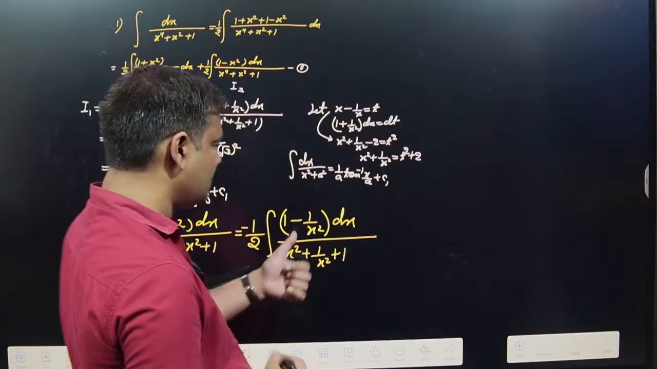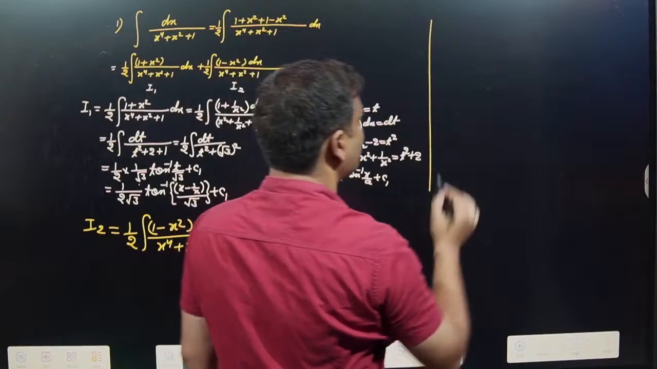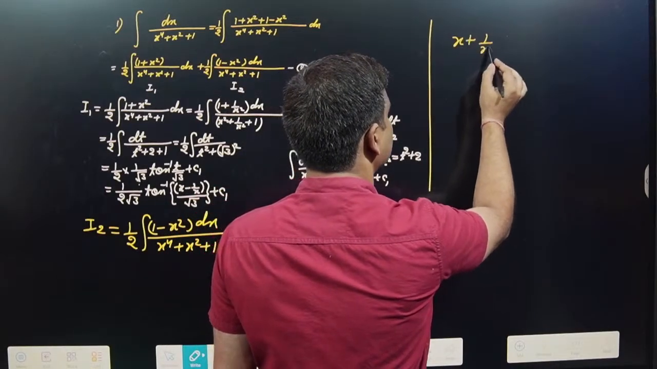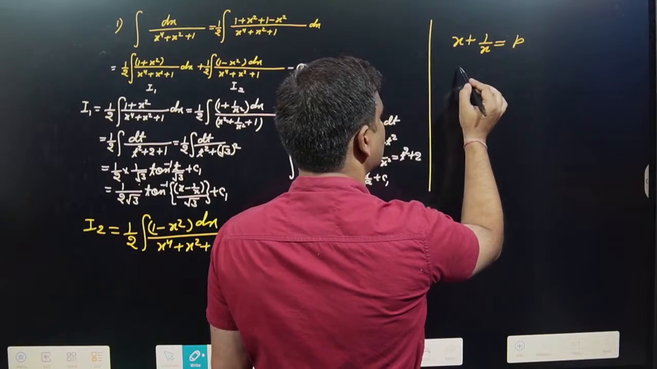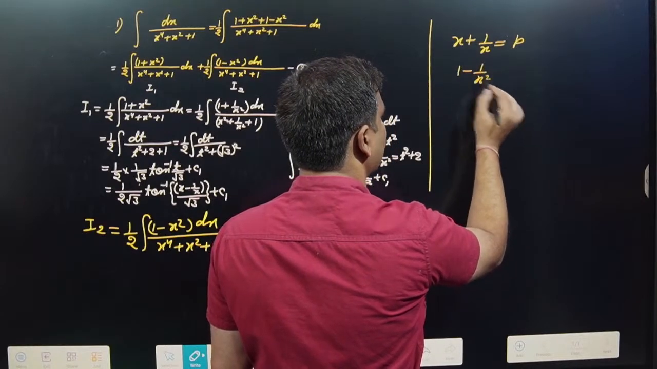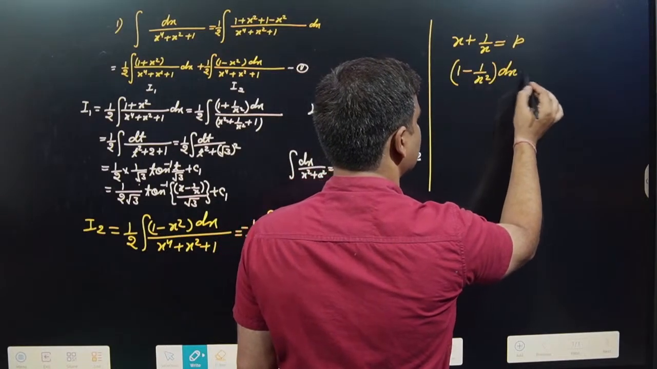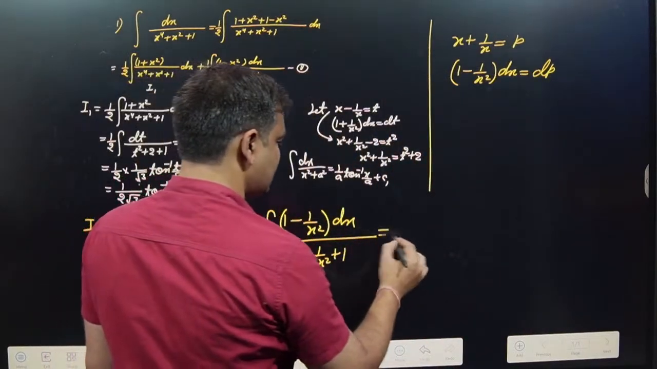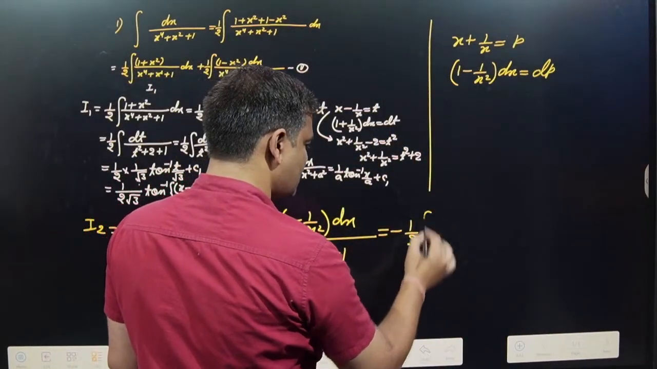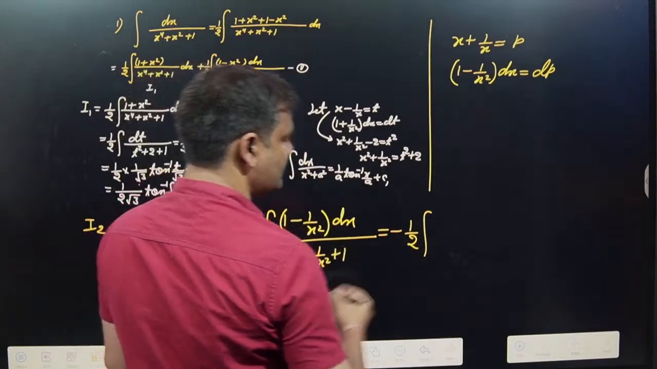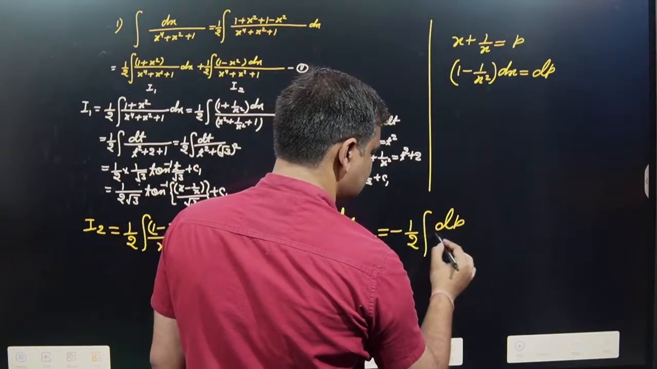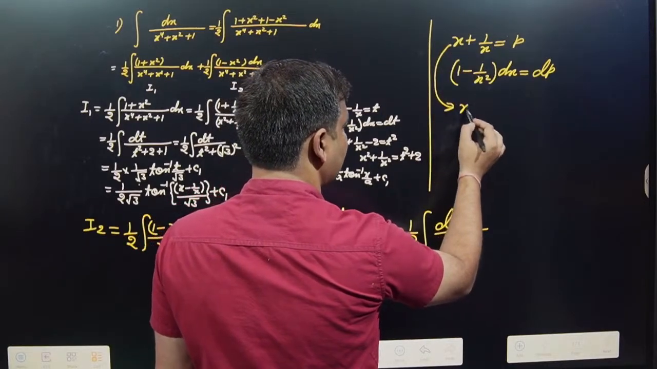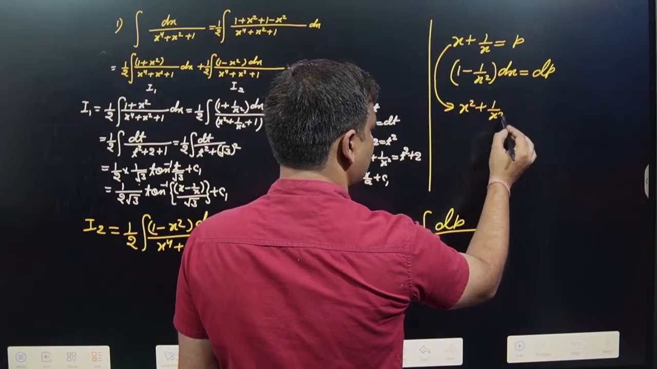Now look, x plus 1 upon x, this is equal to p. So 1 minus 1 upon x square dx replaced to dp. Okay, so you can say that minus 1 by 2, that one replaced to dp divided by how much? This one written x square plus 1 upon x square plus 2,